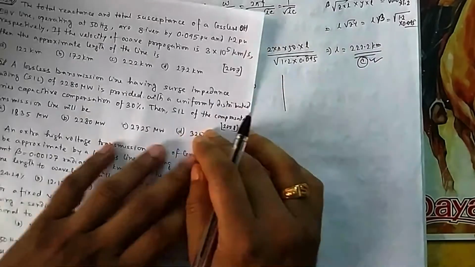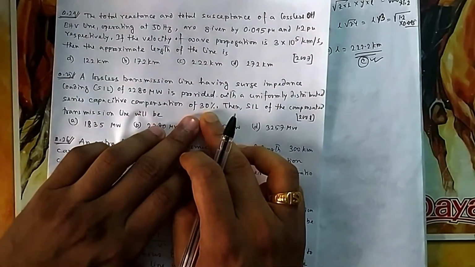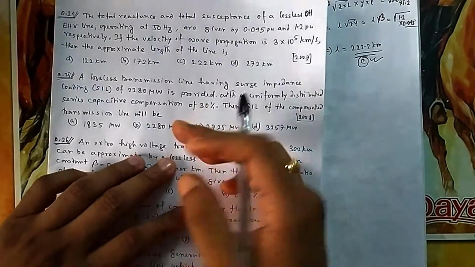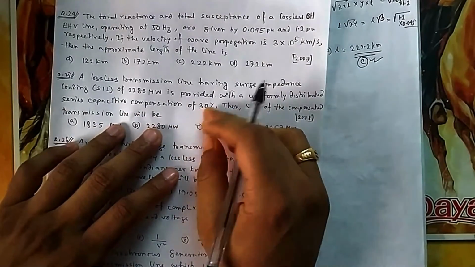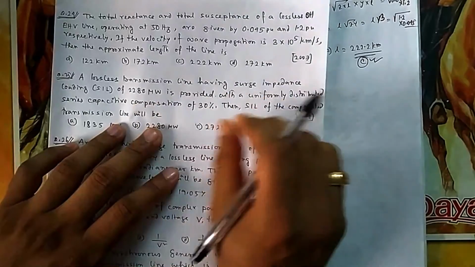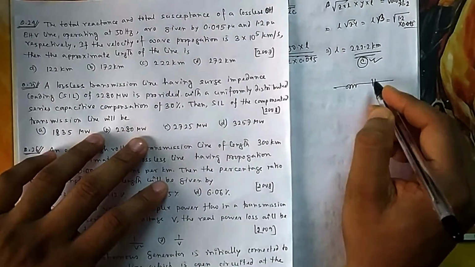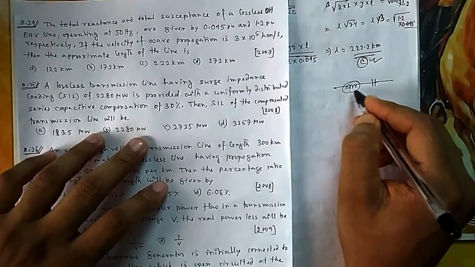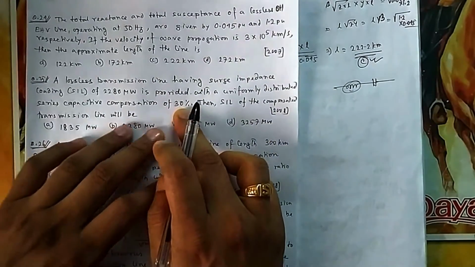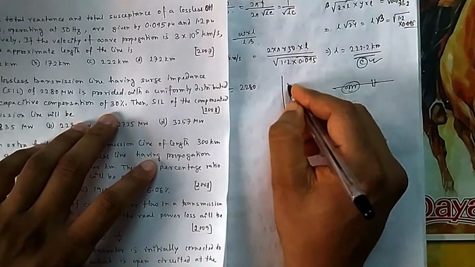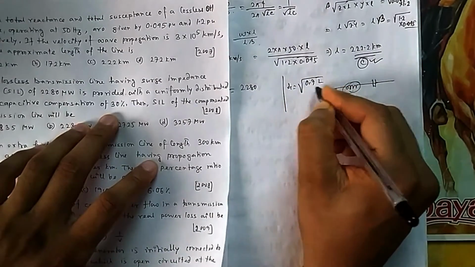Okay. Now what you have done, you have compensated it, series compensator. Series compensation means how it is done to compensate L. If you connect capacitor in series, so that will compensate the L which was connected in the transmission line series. There was L in this line. So if you connect C, then your inductive reactance will get cancelled with capacitive reactance. How much will get cancelled? 30%. So how much will be left now? Now it will be 70% left, so it will be 0.7 L by C.